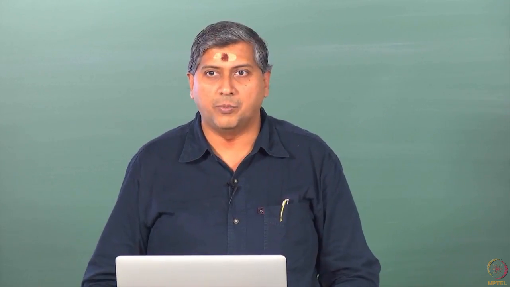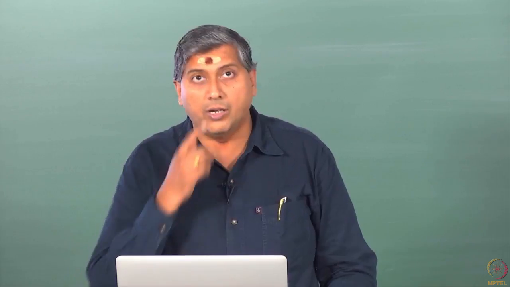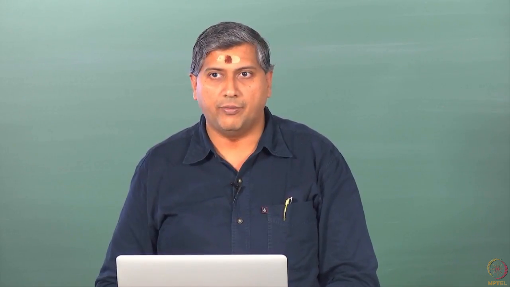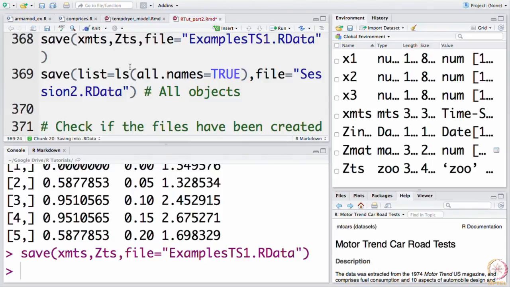When I want to save all the variables in the workspace, the ls routine gets me the list of all variables in the workspace, and all.names, setting that to true, gets me all the variable names. ls returns the output as a list object, and that is being passed on to save. So, that is the idea here. And the rest of the story is the same, you specify the file name in quotes,